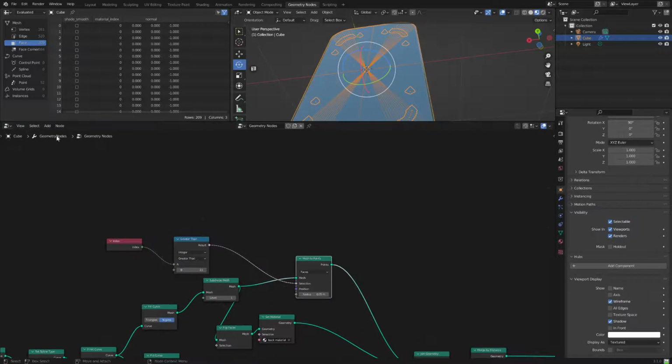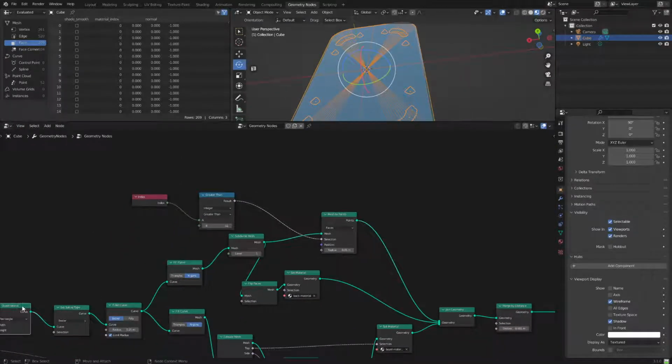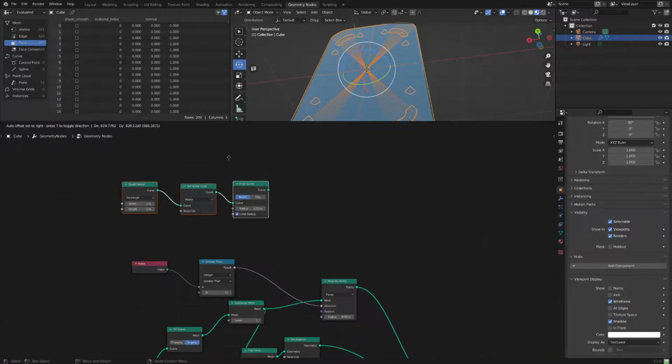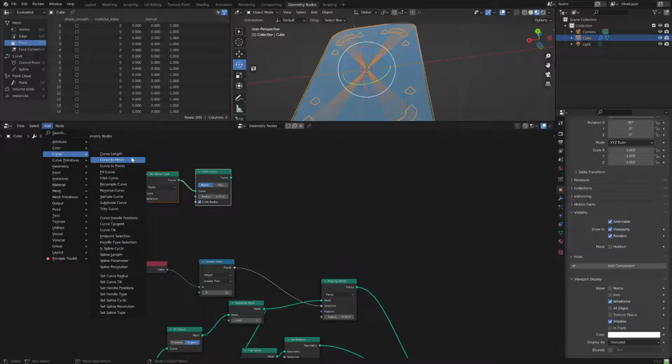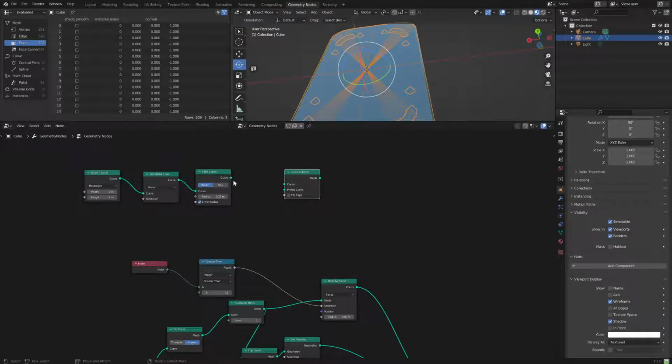So let's take our quadrilateral, set spline and fillet, because we're going to use it again. Duplicate those and pull them up here and run those into a curve to mesh. What this does is it takes this curve and runs it in. It wants a profile for the extrusion because you can change the way the profile looks. In fact, this is the profile, sorry. Run this, and then you run it along a curve. It could be a spiral or whatever,